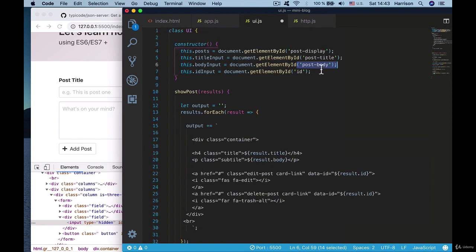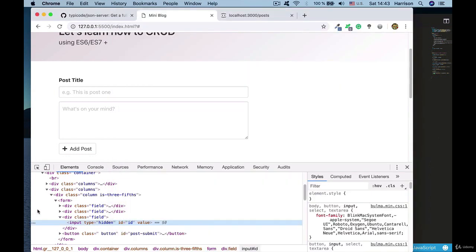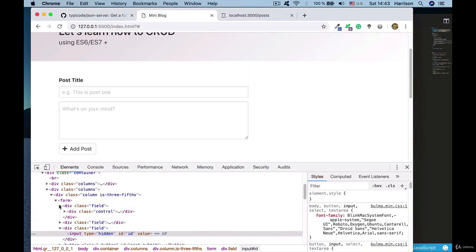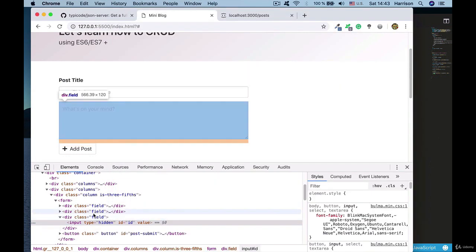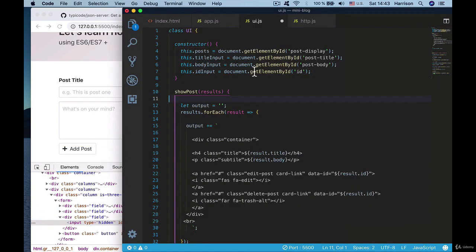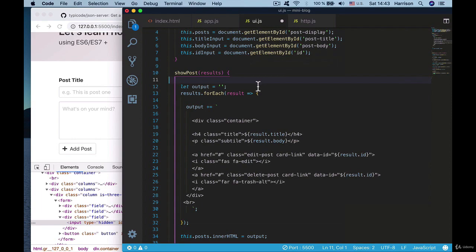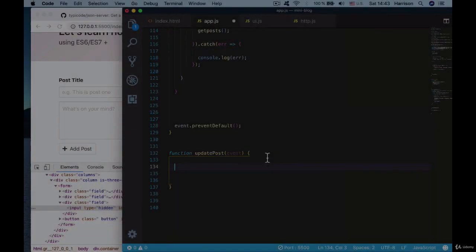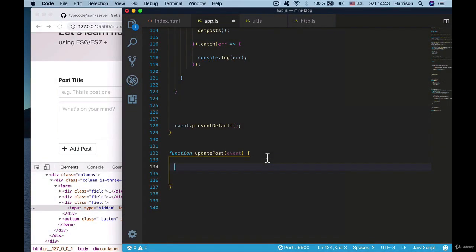Alright, I want to iterate again. This will target the post body, this will target the post title, and this will target the editing input field here. Alright, so this is for the post title, body, and the editing one. So we are progressing a little bit. So we're going to do some